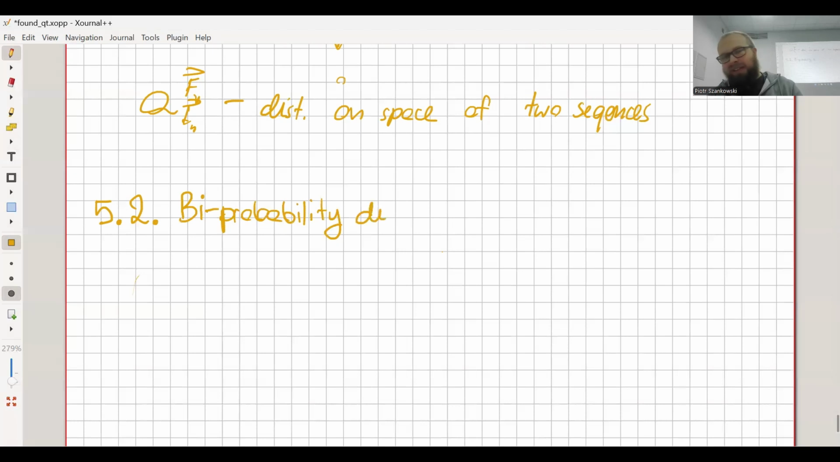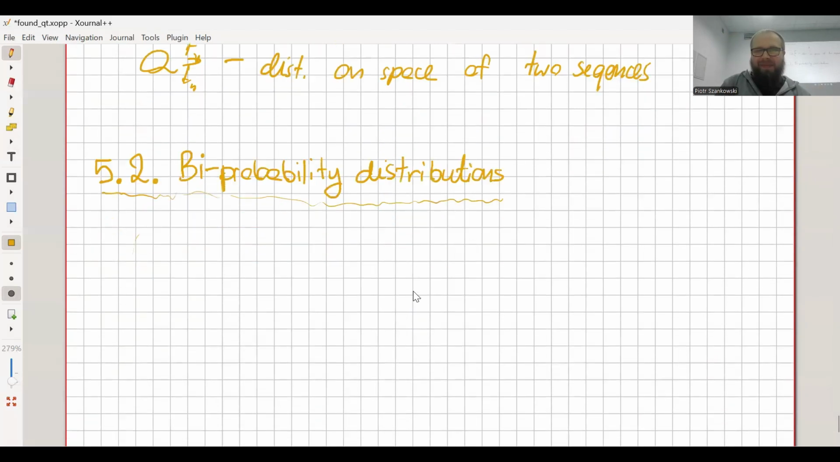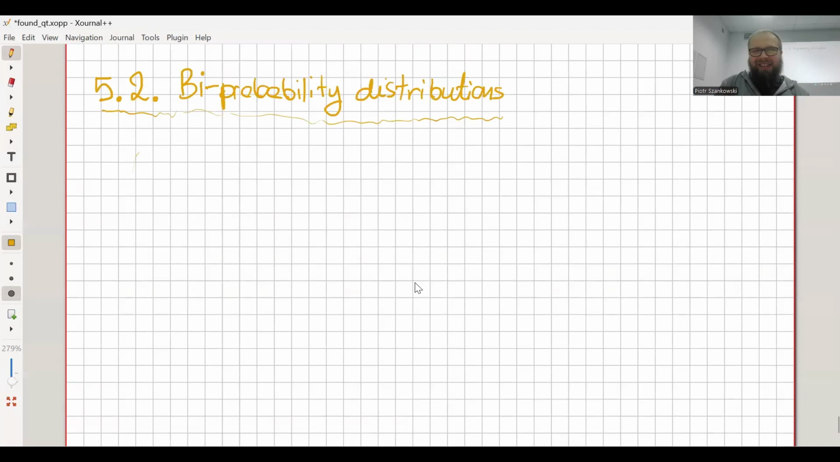B, probability distributions. Okay, so I will start this section, then we make a break at the strategic point, and continue from that. And the cliffhanger, of course. Yeah, exactly. All right, so now